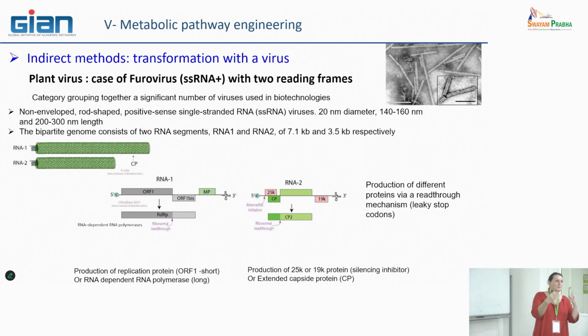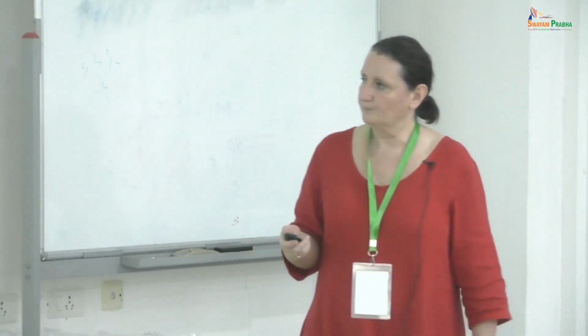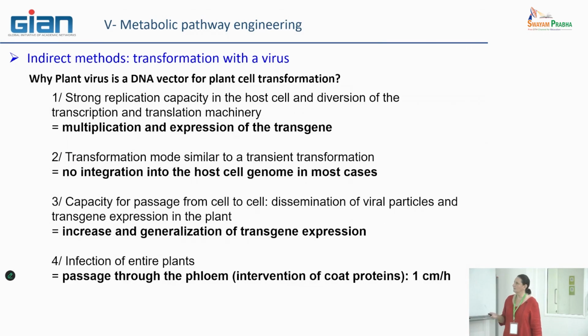If some of you will be one day interested in what happens, for example, in mammalian cells, lots of transgenic mammalian cells are also mediated by specific virus systems, because they are very efficient to modify several things in gene contents in the cell. I don't want to go into more detail on that. So why can we use this system as a DNA vector for plant cell transformation?